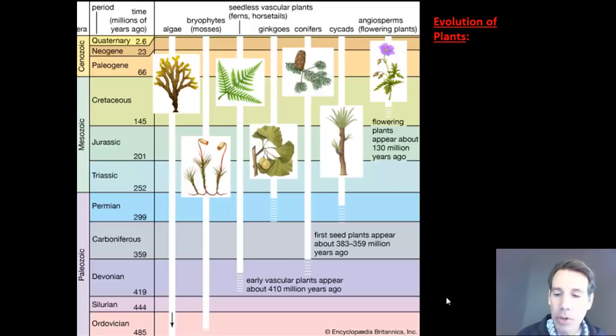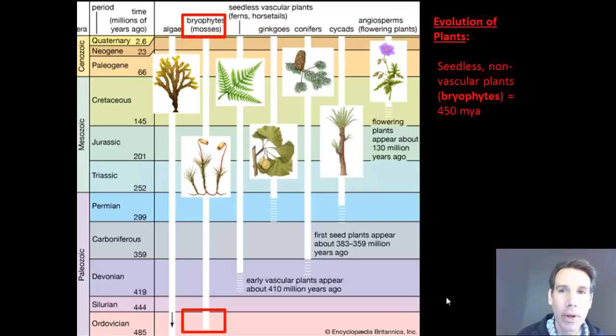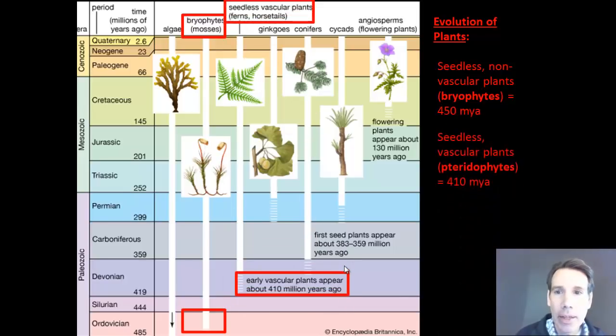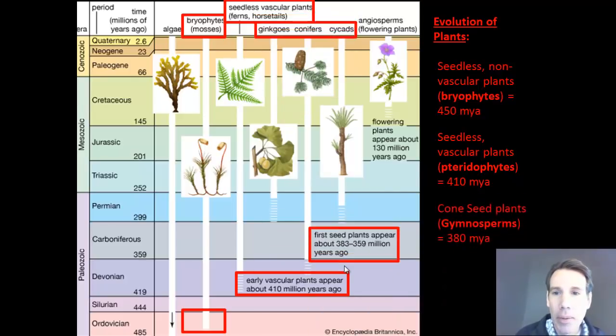And one of the first groups of plants to evolve were the bryophytes. Bryophytes share a lot of characteristics with green algae, like the seaweed over here, in the sense that they don't have vascular tissue and they depend on a very wet environment. And we're going to look at alternation of generations as another trait that all plants have in common with green algae. Later on, we have the seedless vascular plants evolve, so those would be the pteridophytes, ferns, horsetails, that group.